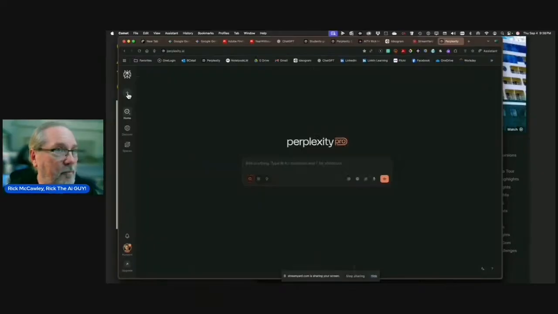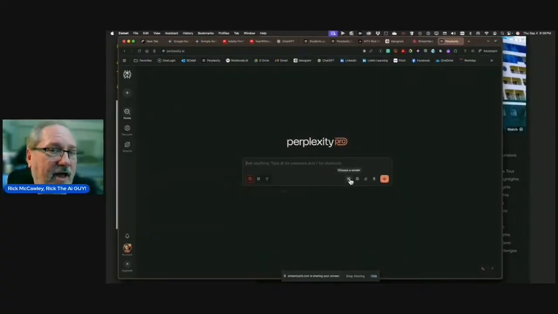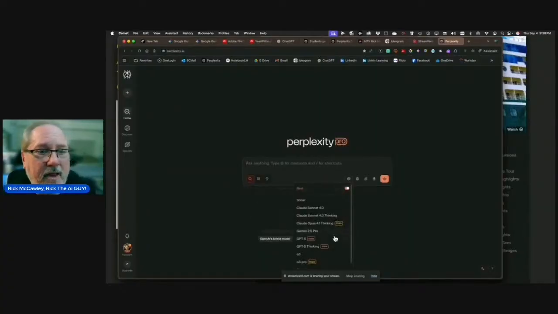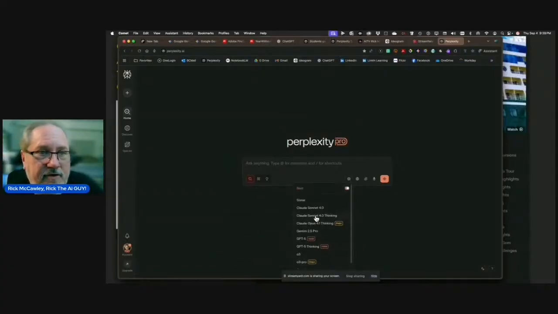All right, let's do a brand new search with nothing else going on. I have deep research. One thing that confused some people is they do have in here Grok 4, all of the models that you see here. So the best of everything. ChatGPT 5 is in there, and thinking, by the way. So you're paying extra for that, but at $20 a month, I have yet to exhaust it.